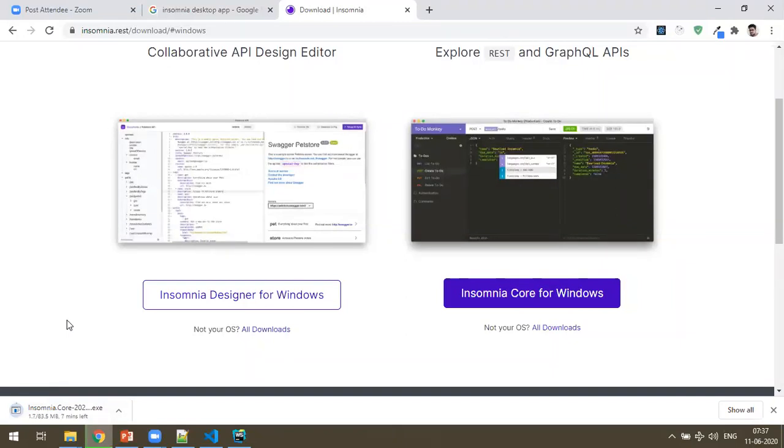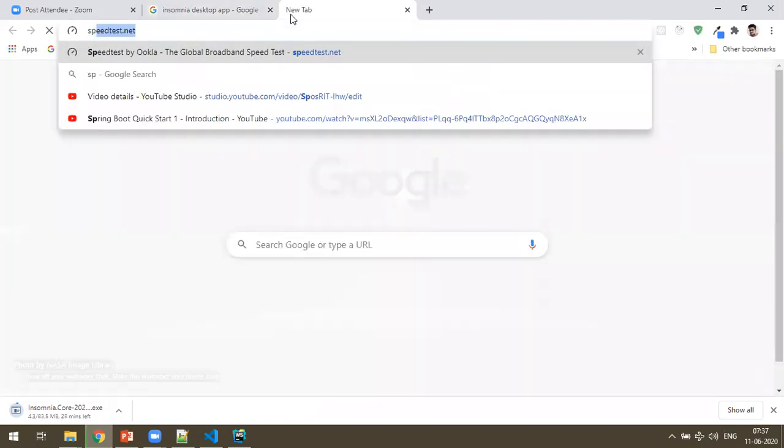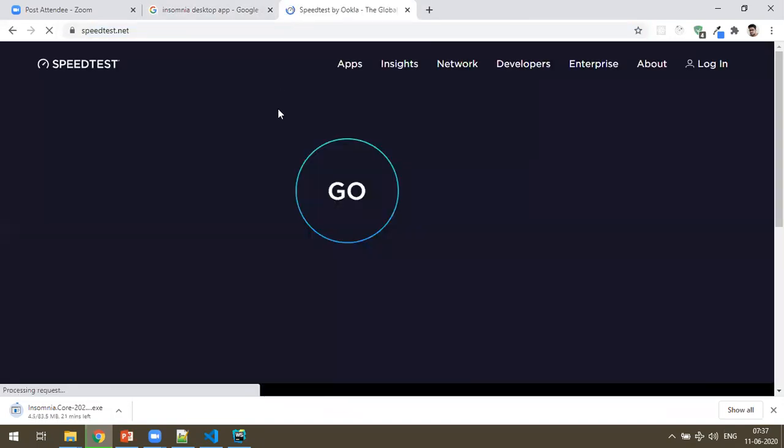I think it takes time. Okay, I think it is a bit slow. It is coming very slow. Let me check the speed.